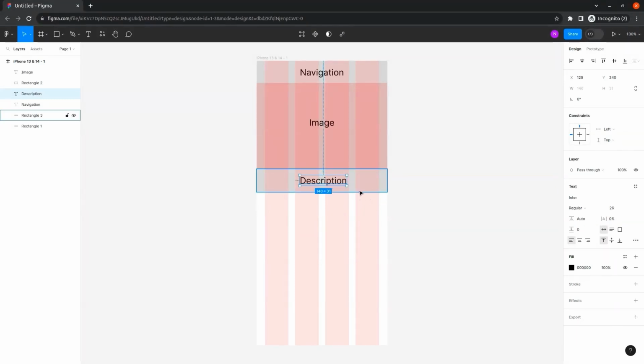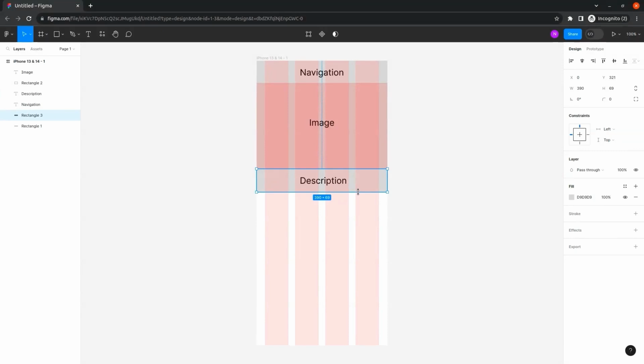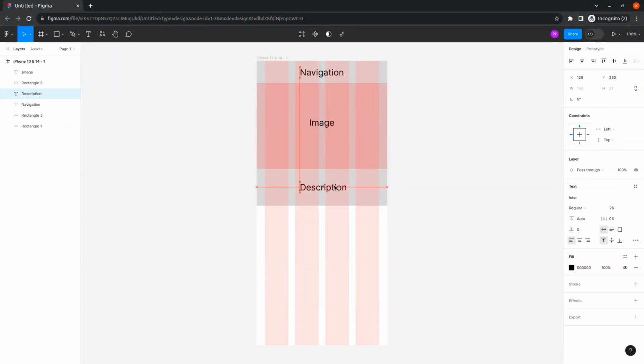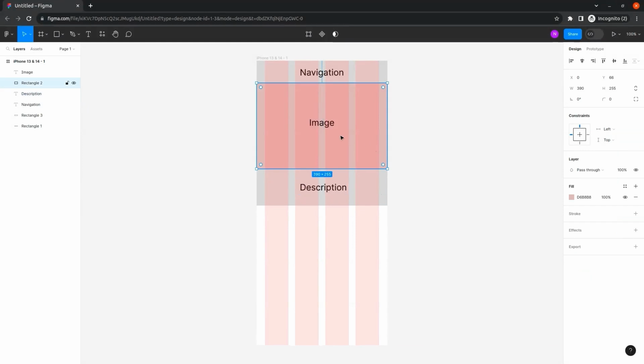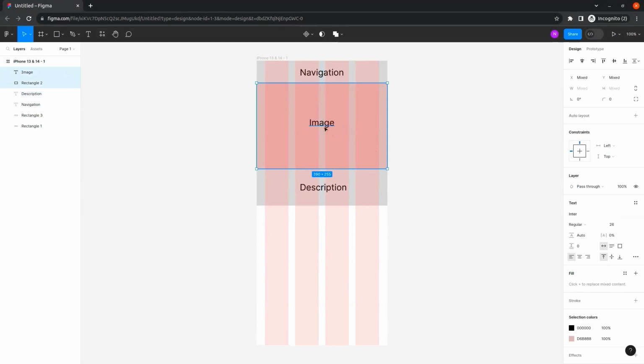So it will be a little bit more in height. So let's make rectangle a little bit longer. Next we can copy this image rectangle and text, and again we can press Alt and drag it,